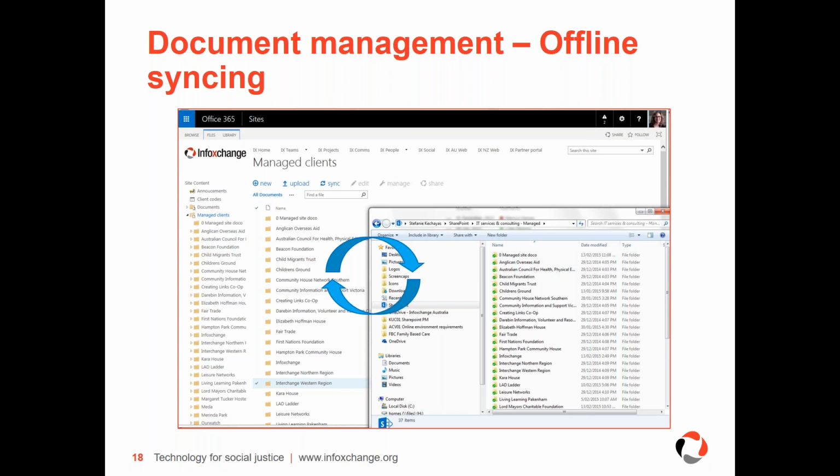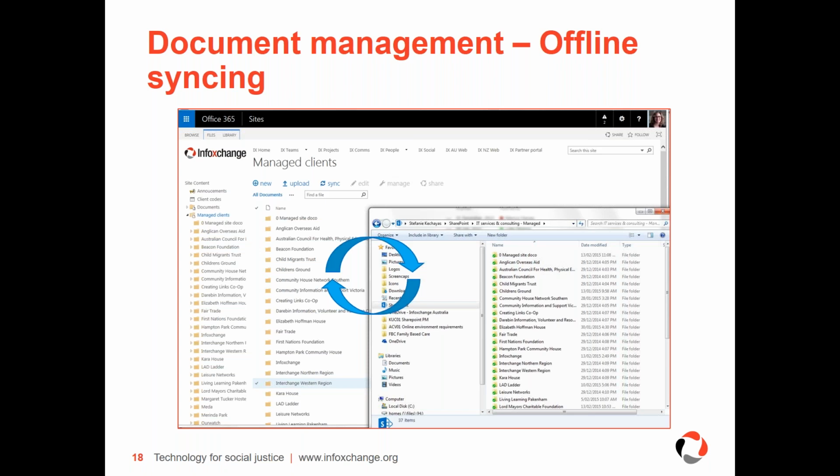And what would happen is you'd have, say 20 people all syncing a single document library. They're all interested in the information in that document library. One of those team would make an edit to a 20 meg file. So their edit gets pushed up to SharePoint. And then the other 19 people in the organisation that were also syncing that folder get a copy pushed down to them. So you can see all of a sudden that was a hell of a lot of internet traffic happening to keep those files up to date.